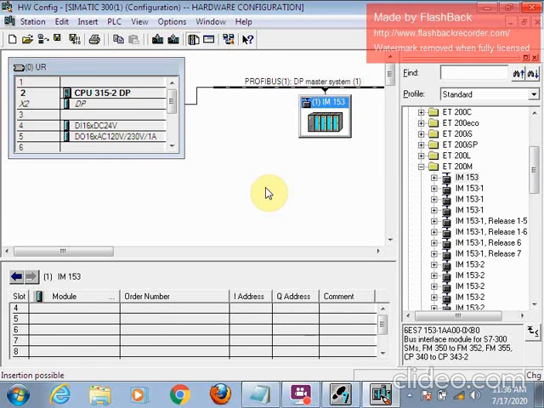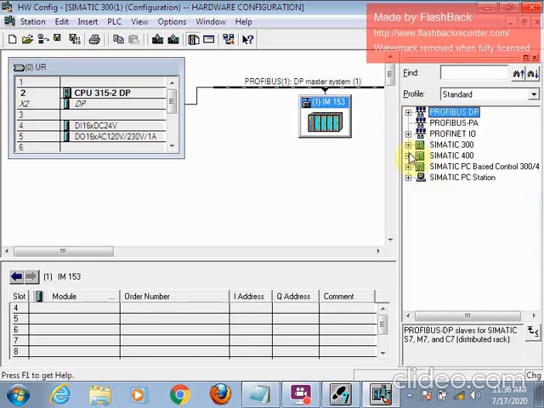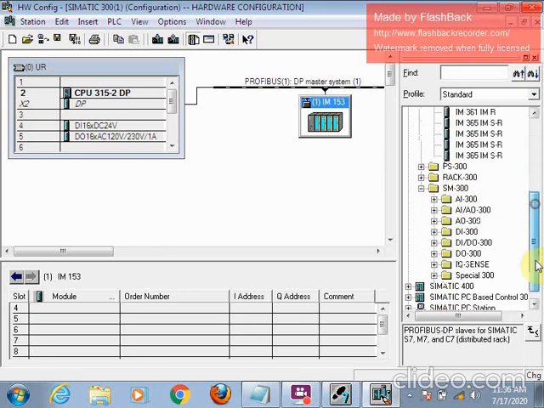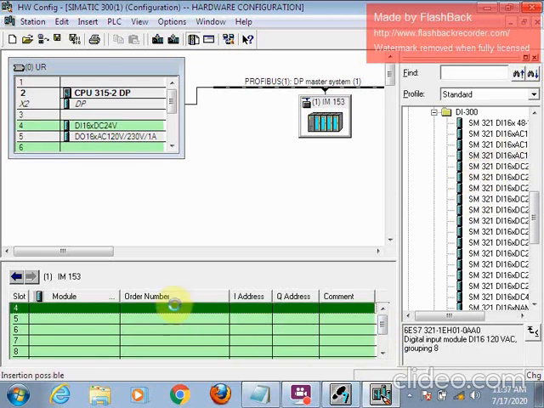Okay. So why is the IM module used? For example, if you have to locate your IO cards at some remote locations, or your rack is full here, then we can use the interface module so that we can extend our cards, or wiring can be done easily, where we can insert the IM module and place the cards there. As I told you, we can also insert the cards in the IM module.